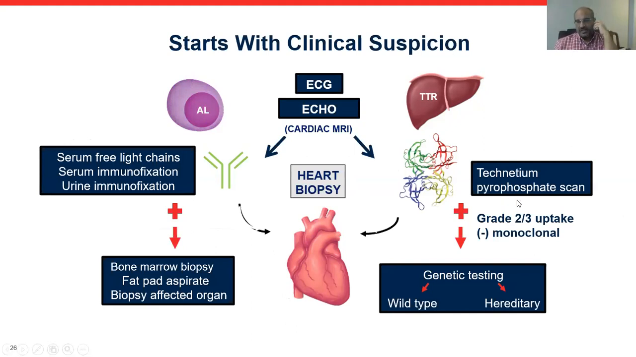For the TTR, again, technetium pyrophosphate, if the grade is 2 or 3 uptake plus negative monoclonal antibody testing, then you can do the genetic testing only to separate the hereditary type from the wild type of